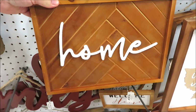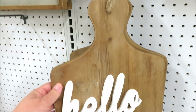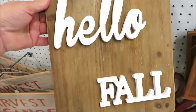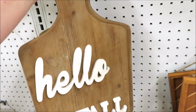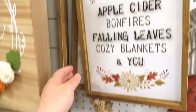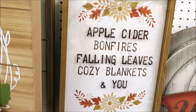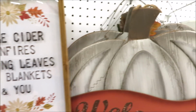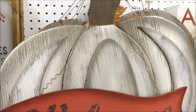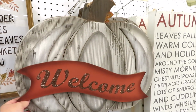Now this reminds me of something from the 70s. I think it's like the wood paneling look with home on front, and then hello fall on the big cutting board. This one is $29.99, which seemed to be pretty much the going price. This one is glass with the print on front, a nice big gray pumpkin with welcome on it,